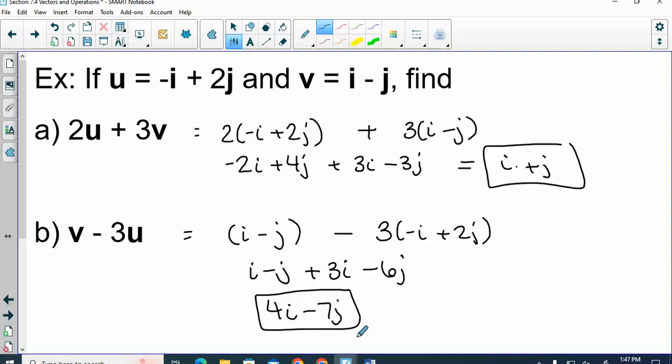Are we good with vectors? Yeah. Okay, so let's quickly grade our homework and then we will